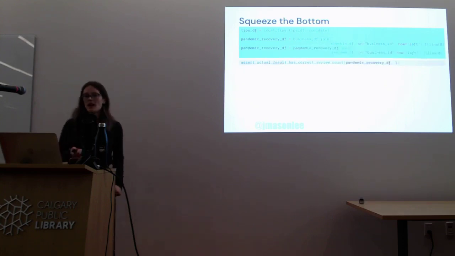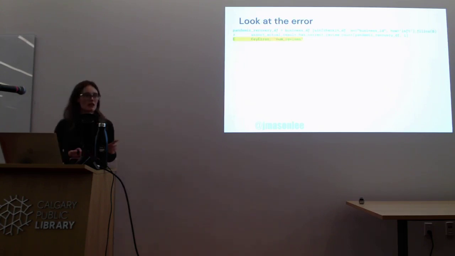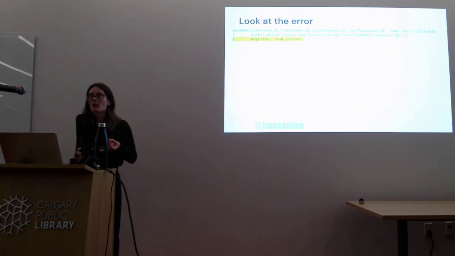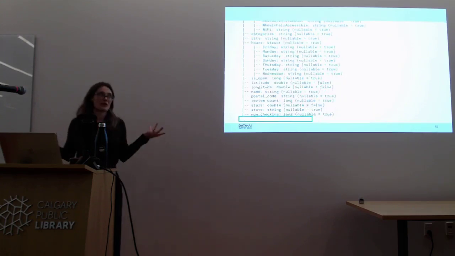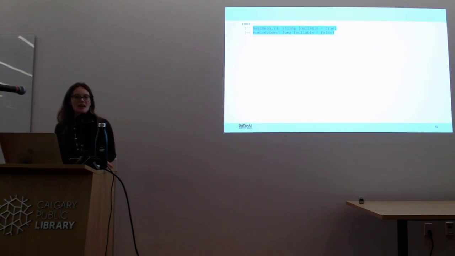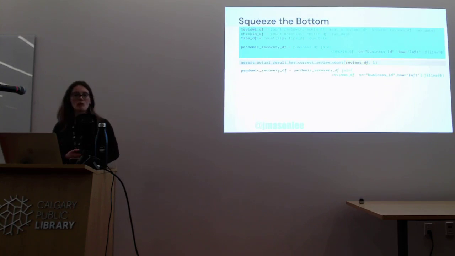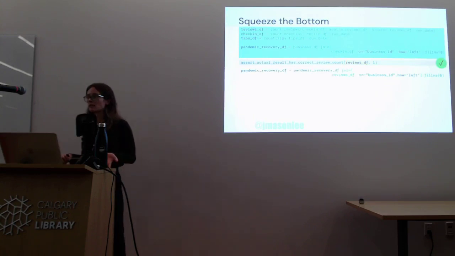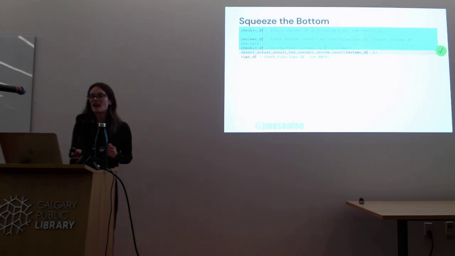This failure, I can see by looking at the error message, is because we are missing the num reviews key on the pandemic recovery table. And that line there was a join of the reviews data frame to the pandemic recovery data frame. If I look at the pandemic recovery data frame, of course it's missing num reviews. And if I look at the reviews data frame, we have the business ID and the num reviews. So I'm going to switch that assert statement so that I am now asserting on the reviews data frame. Walk that line up one more line, run my tests, and now they're passing. I'm going to delete the line below that, and I'm going to keep going again until I find my next failure,